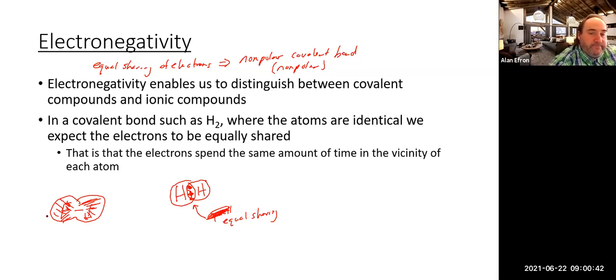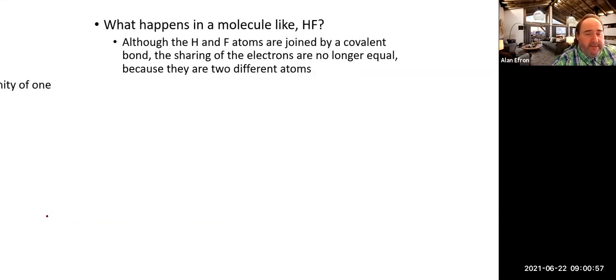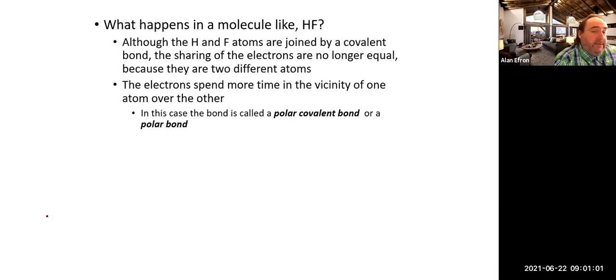But what happens if we're not really dealing with two elements that are the same? Would we still expect sort of the electrons to be shared equally? So what happens if we take one of each of those guys, we take a hydrogen and a fluorine and put it together, would those electrons still be shared equally? And the answer is no, they really wouldn't in this case. So when we take our hydrogen and our fluorine here,